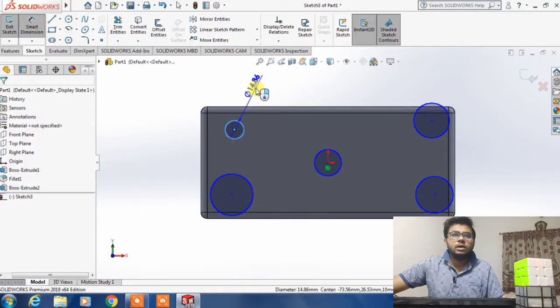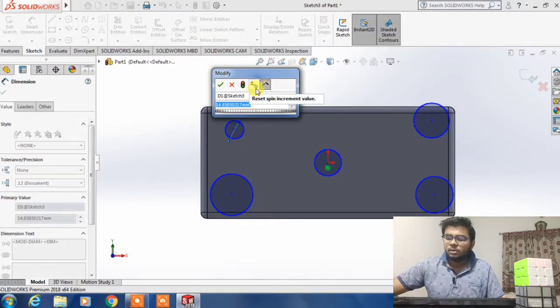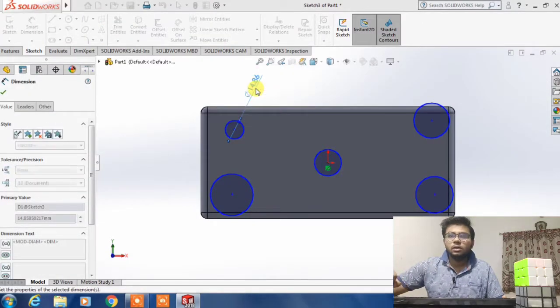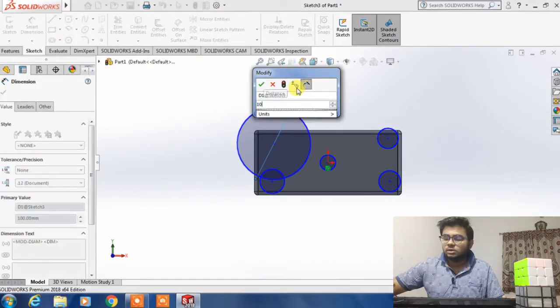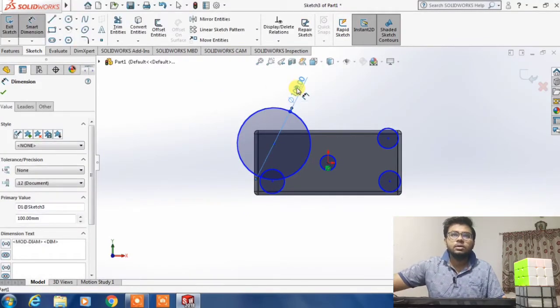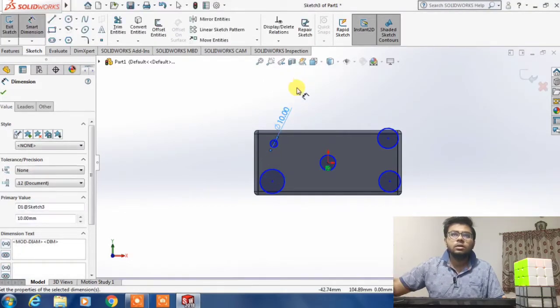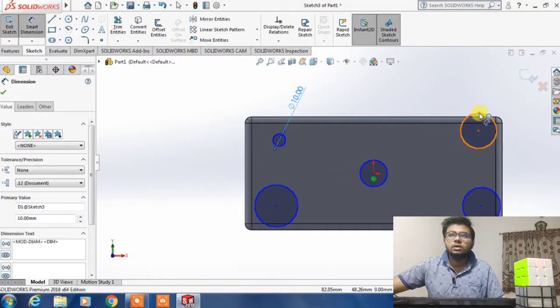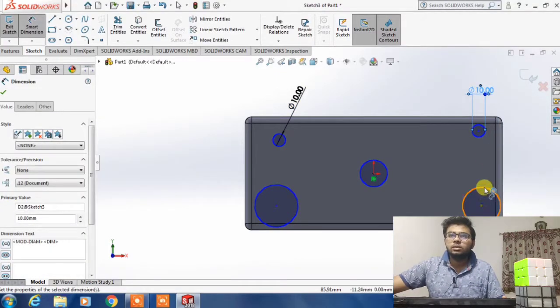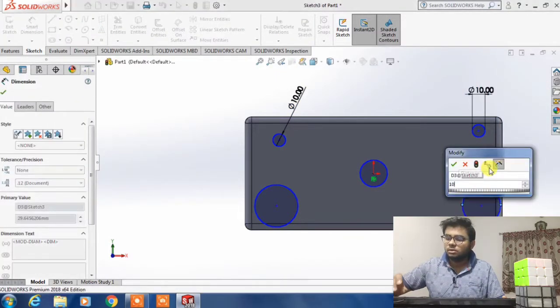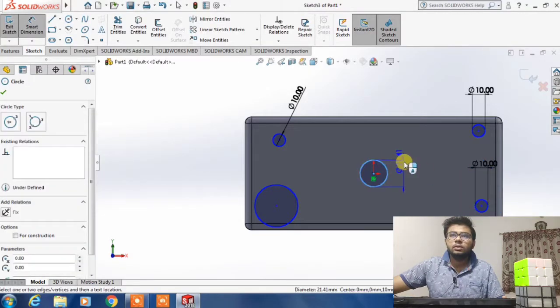First of all I give it 100 mm diameter. Oh sorry, it is very big. 10 mm diameter. Again 10 mm diameter. You can see here. Also give him 10 mm diameter. This one 10 mm.